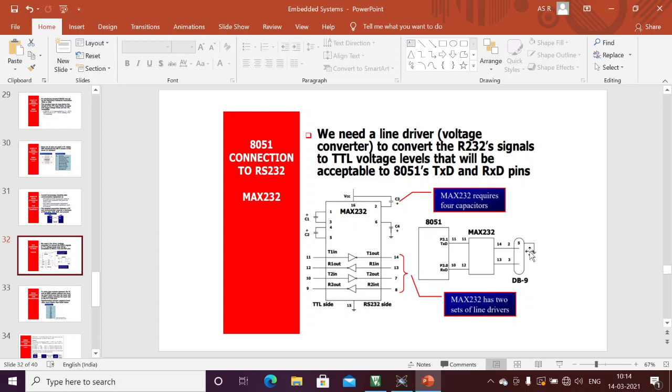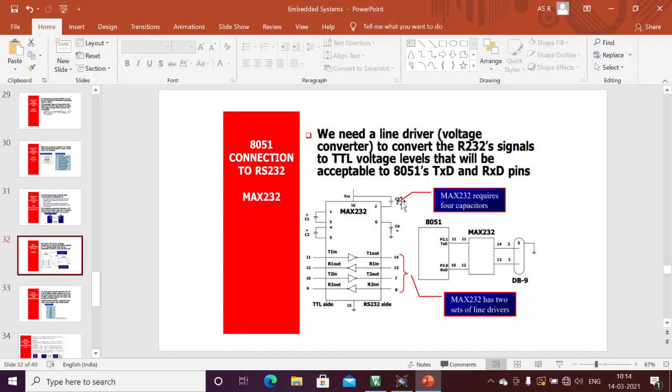As we discussed, we convert TTL to RS232 logic levels. If I want to transmit over a long distance, this DB9 connection will be used, and a similar connection will be used at the receiver side. Here: microcontroller, MAX232, DB9. Again at the receiver end I should use the DB9 pin, again a MAX232, and again I connect the other microcontroller. This is the way of communication between microcontrollers or the PC. From here we can also connect to the PC.